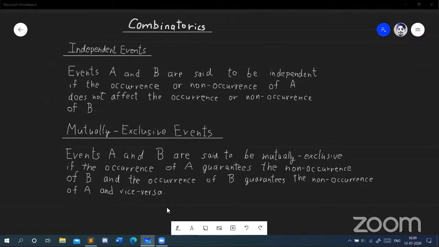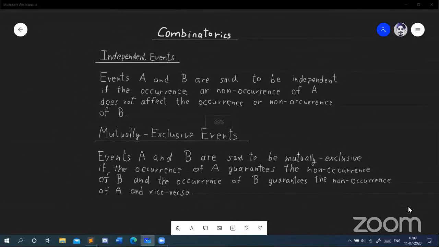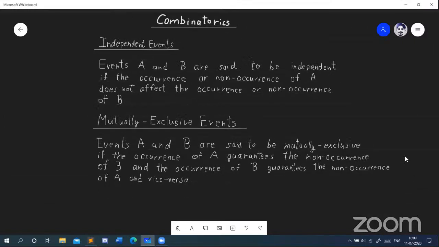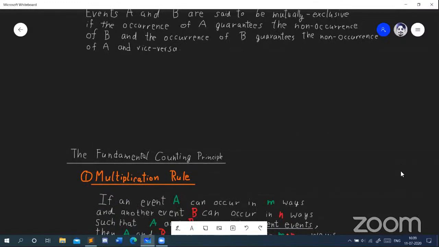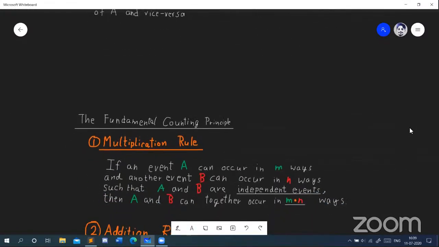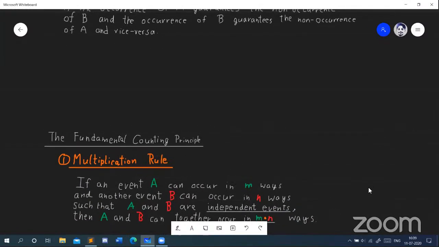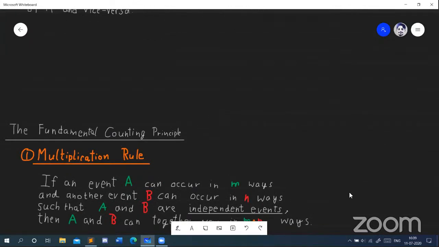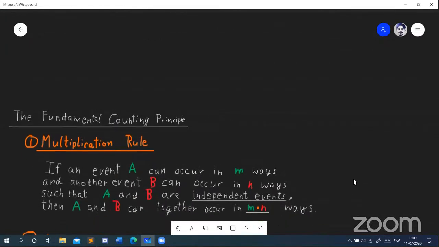All right. So now we come to our counting principles, and these will help us really rethink how we fundamentally count. So we have two principles, and I'll first like to talk about the multiplication rule. It says that if an event A can occur in m ways and another event B can occur in n ways, such that these two events are independent, then the number of ways in which they can occur will just be the product of the number of ways in which both the events can occur. What that means is,